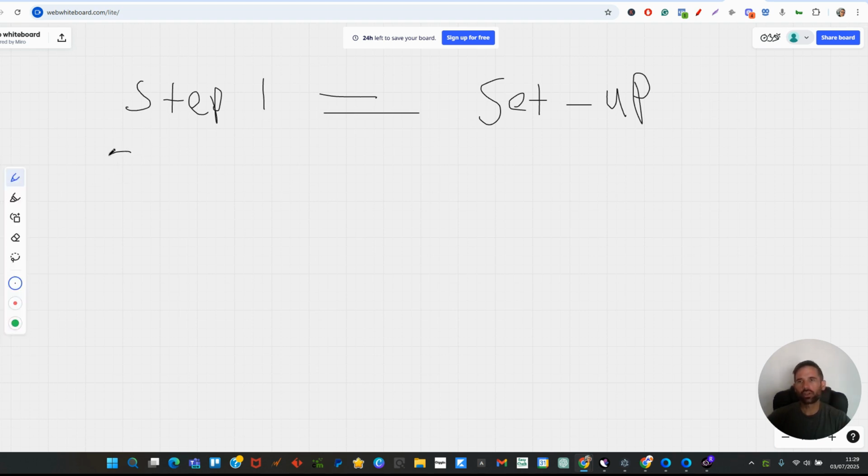So step 2 is you'll need an anti-detect browser. So I'll just put, to keep things simple, ADB,